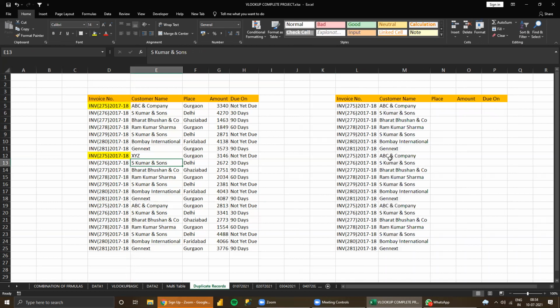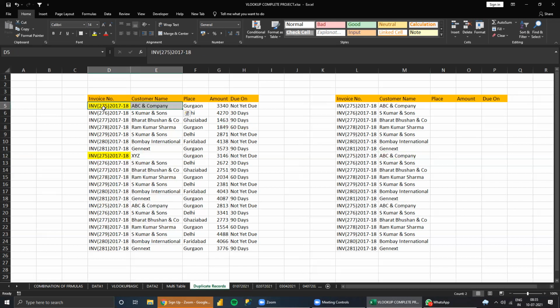But still, I get the first result only. I don't get the second result. This is the problem for the duplicate class. I generated one more 275, but for the ABC company, but instead of XYZ, I get the same record.